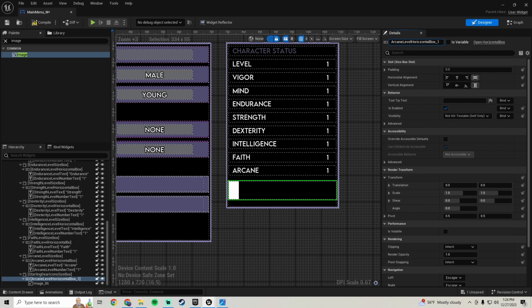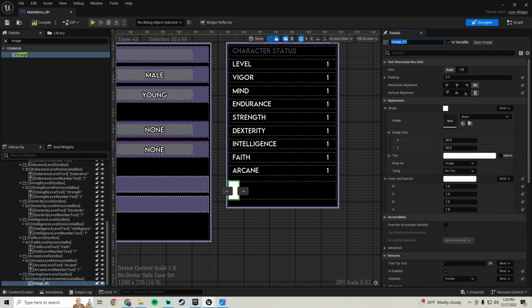We're gonna rename that to starting gear icons horizontal box. We're going to go down to the image, click on that. We're going to call this starting gear